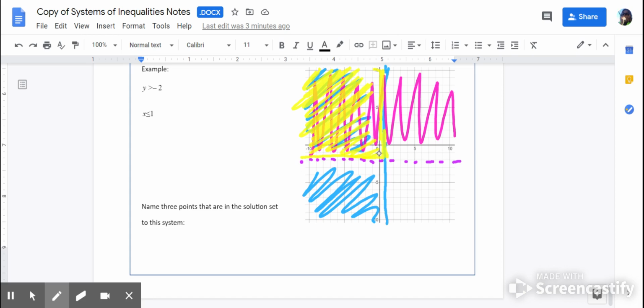So when they ask to name 3 points that are a solution to the set, we just want to pick values that are in that yellow space. So negative 2, 0. Negative 5, 6. You could say negative 1, negative 1. So any 3 things that